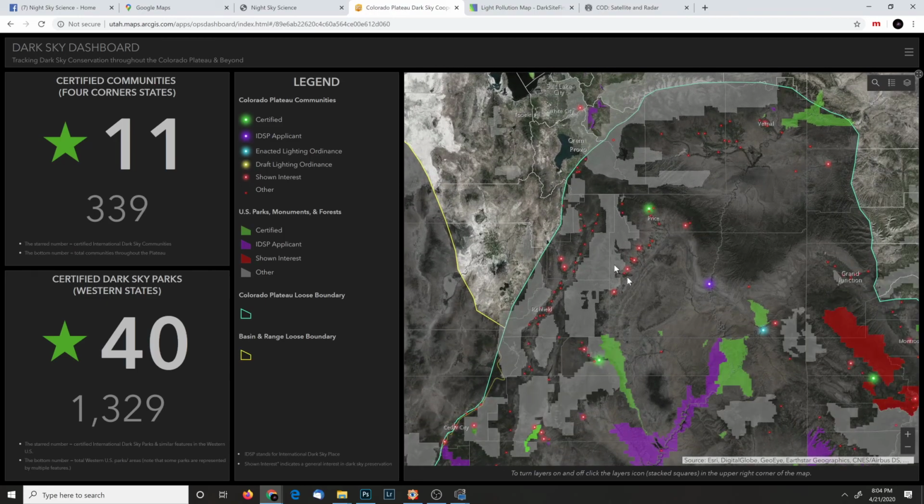at what they do. And they've talked to all these communities down here in the Colorado Plateau. If you look down here, all this interest, they want to keep it dark. And here's all our dark sky parks. So, let's see, I think over here is Arches, we have Canyonlands. This area right here is the application. That's at the Lake Powell area, but I don't know if that's the Grand Staircase or something. Some of these I just don't know. Over here,